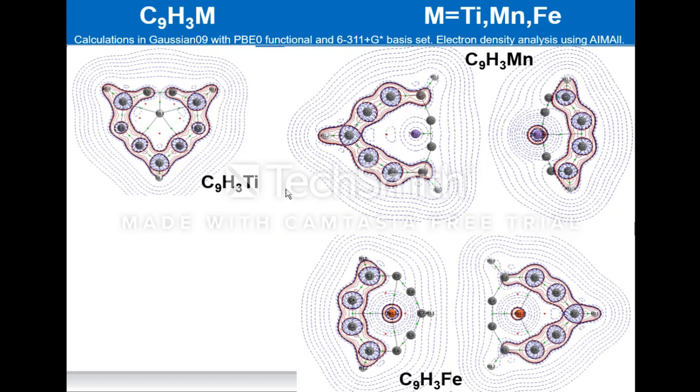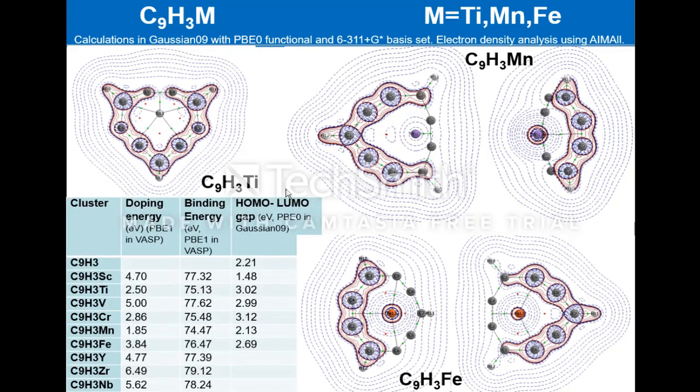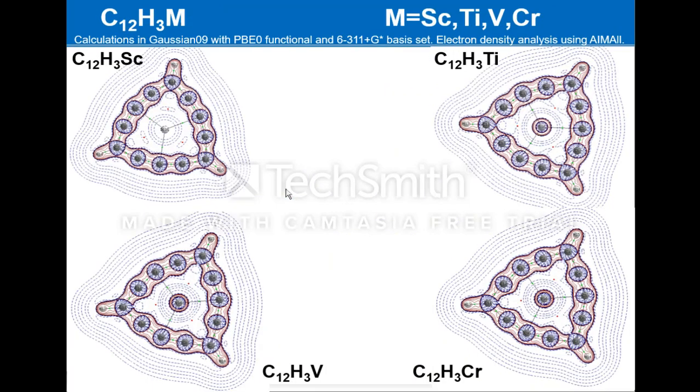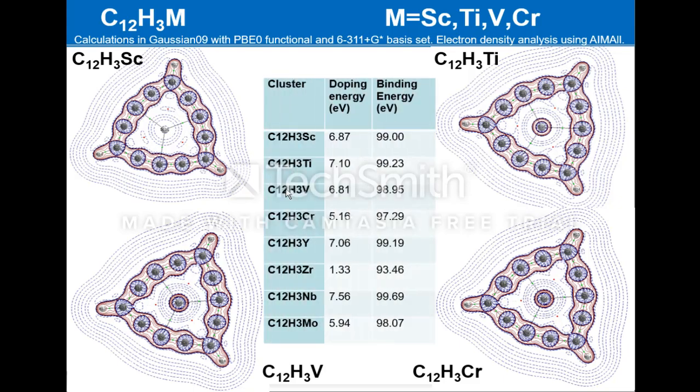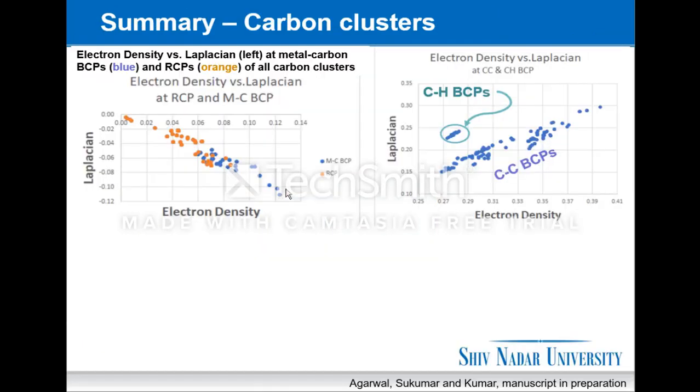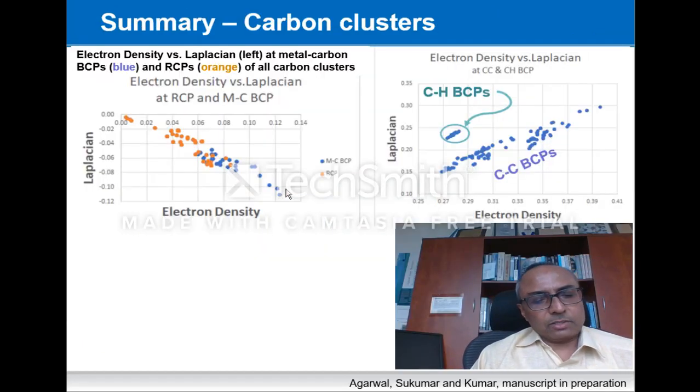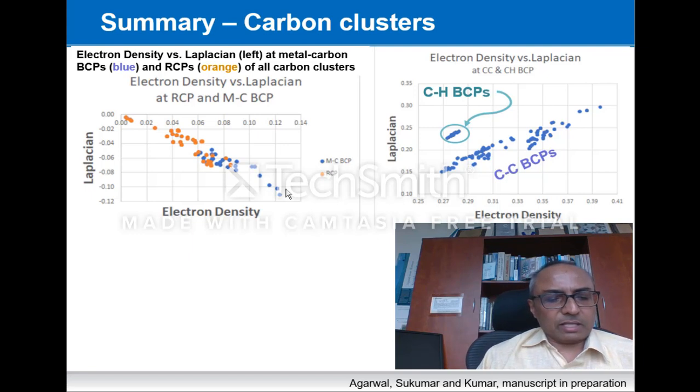Shown here are Laplacian contours of C9H3 doped with different metal atoms, titanium, manganese, and iron. The table here shows doping energy, binding energy, and the HOMO-LUMO gaps. Finally, we see here the Laplacian contours of C12H3 doped with different metal atoms, as well as the doping and binding energies. So, to sum up what we have learned about carbon clusters, the electron density versus Laplacian graphs show